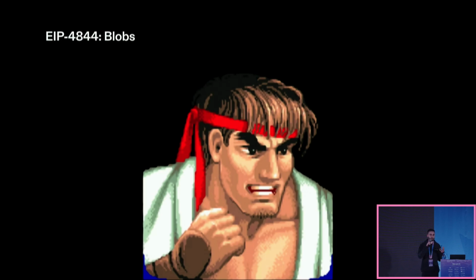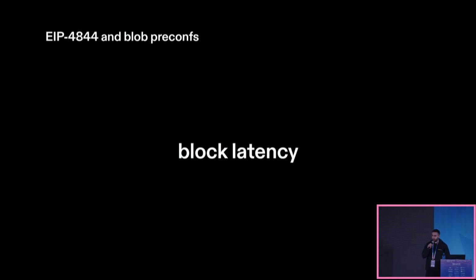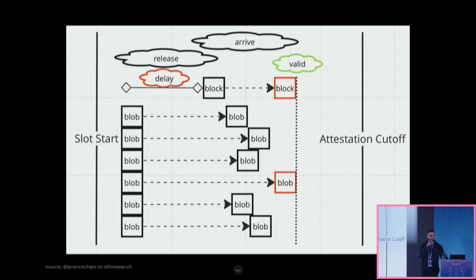So it might raise some questions about, well, why should I add this really cheap transaction that's going to be very, very big and be troublesome? And that is an uncomfortable truth today. Now, what becomes very important when it comes to EIP 4844 is the block latency. Each blob transaction adds a tremendous amount of latency to the block because of the size that it brings on. And we go into this in some charts. Now, this demonstrates how basically blobs might travel to be verified by proposers. And as you can see, they might arrive at different times, and that might be problematic because it can't be verified in time, and then it could lead to a reorg or a missed slot.